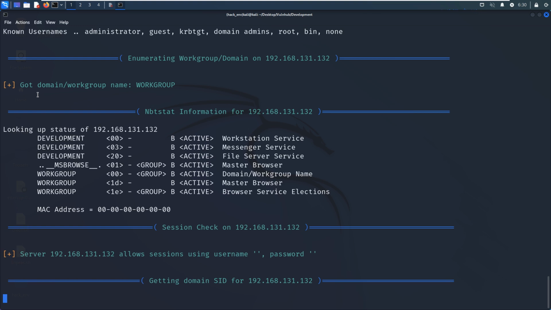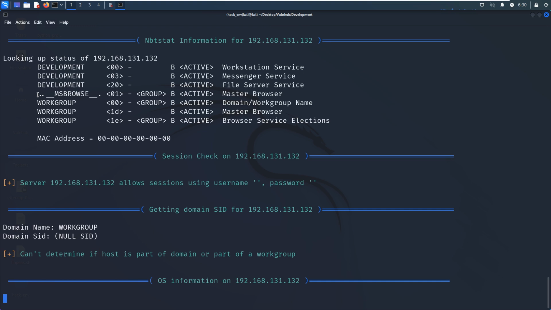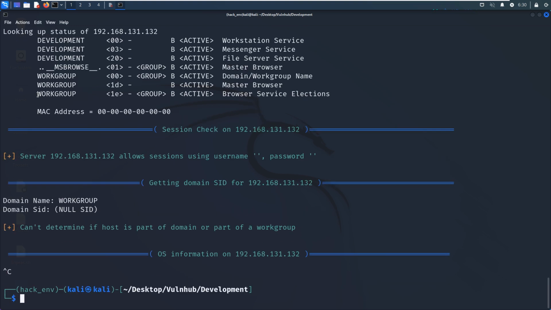But again, because of the same reason I mentioned, when we run enum4linux against this target, it will take a very long time, and maybe we will be disconnected. Okay, so to save time in this video, I will not wait.